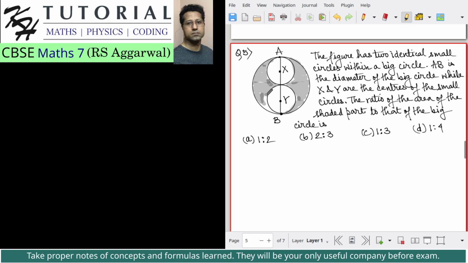This is the shaded part. So basically the shaded part is nothing but the area of the big circle minus the area of the two small circles. Now the two small circles are identical, that is, they will have the same radius. So we can see that AB is given to be the diameter of the big circle, and so if we consider the radius of the smaller circles to be r, let's say